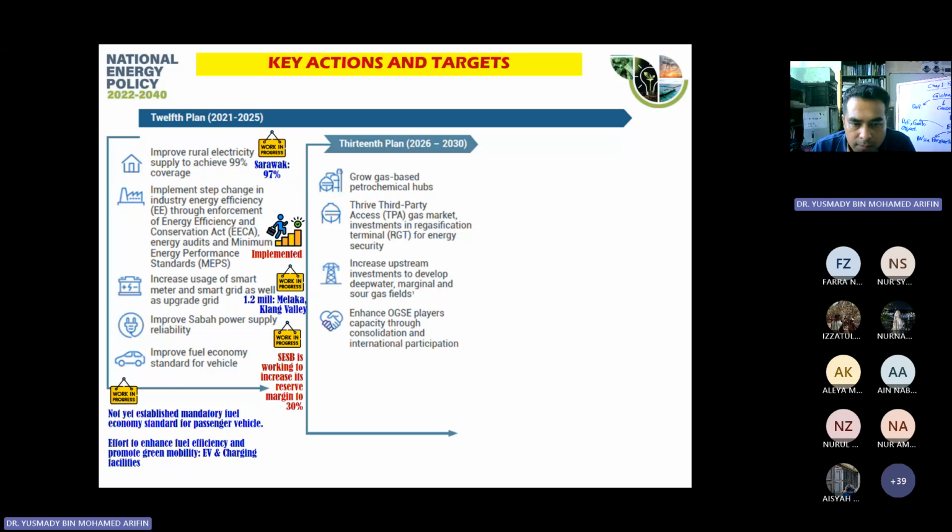So OGSE ni stand for apa ni? O stand for oil, G stand for gas, SE saya tak pasti, tak ingat. SE, cari service and apa dah. You boleh check lah, you pergi type kat ChatGPT ke apa. Boleh carilah, sekarang senang. Oil gas, service and tak ingat. E tu apa? Equipment. Equipment lah, equipment. Oil gas, service and equipment.